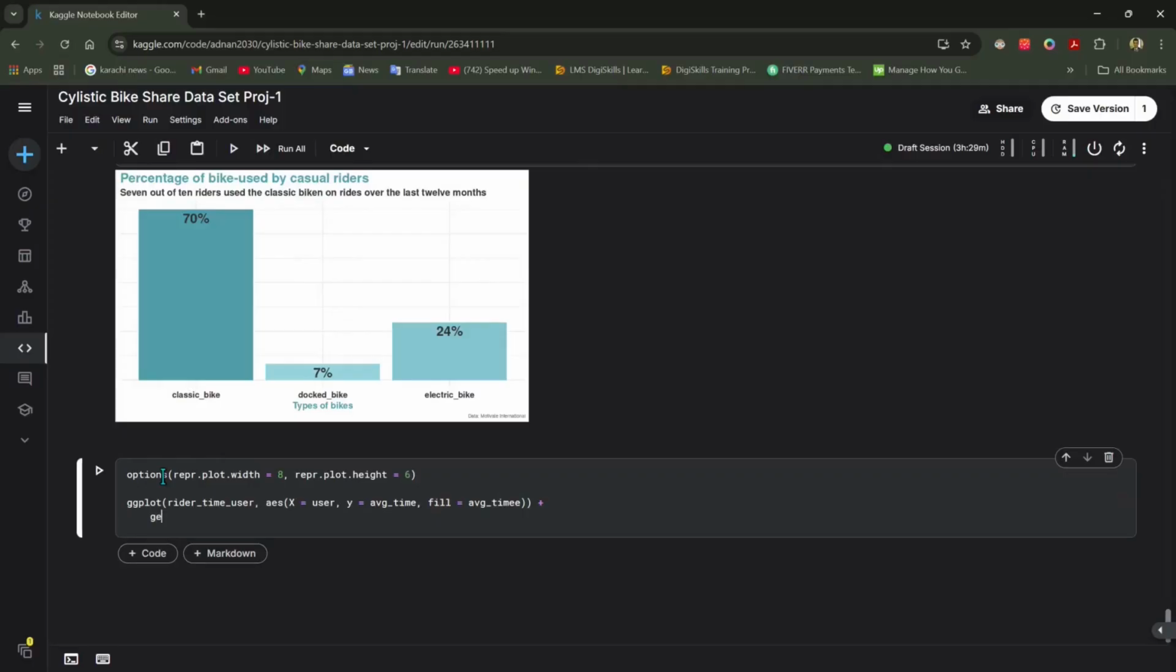and now we are going to use geom underscore col and define the width 0.8, plus geom underscore text, aes label equals to average time, and now size equals to 2 for positioning and size 8, color equals gray 20, font face is bold, plus